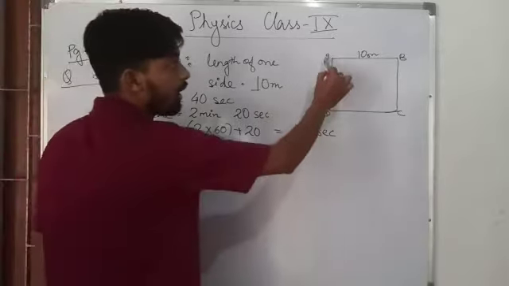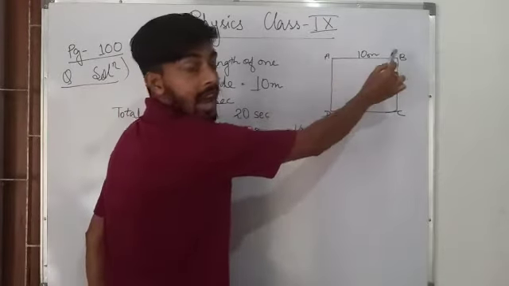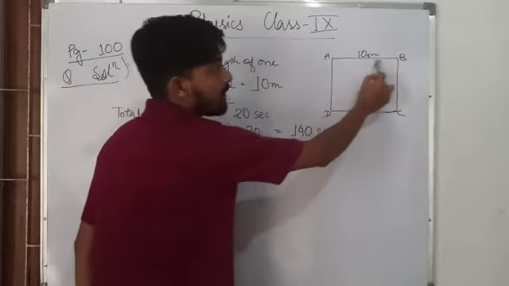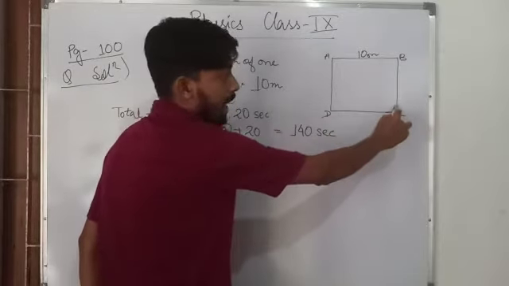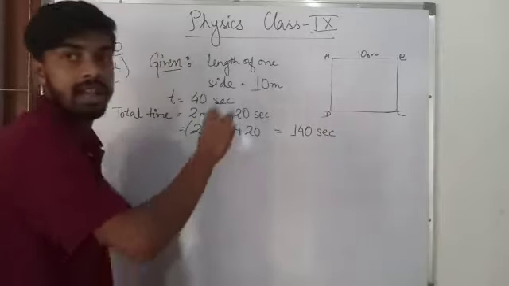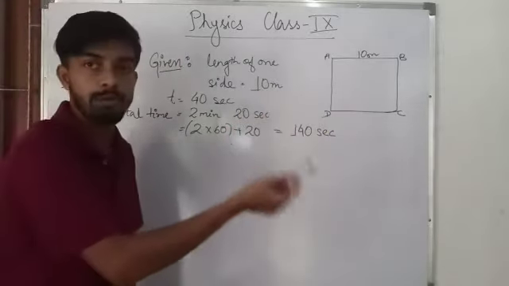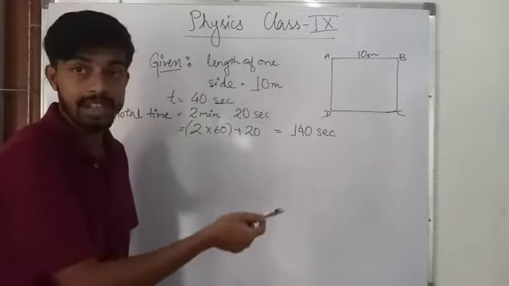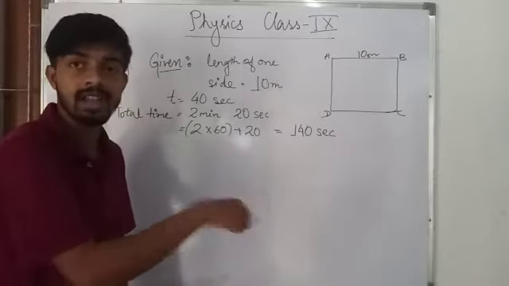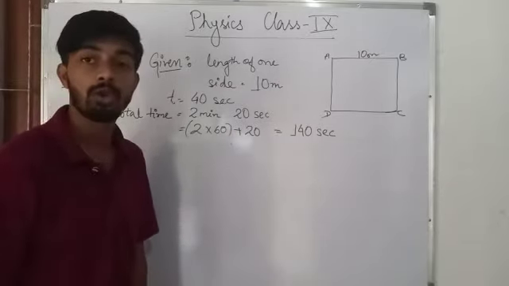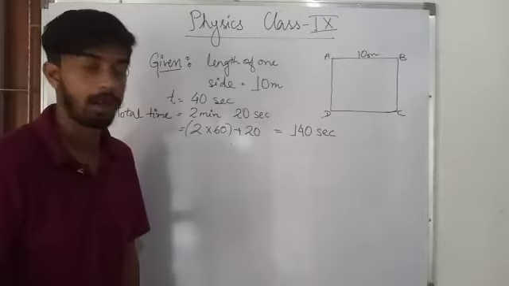Basically, to move from A to B, which means to move in one side, the farmer needs 40 seconds. So similarly, if this is 40 seconds, this will be another 40, this will be another 40, another 40. Like this it will move on. A to B 40, B to C again 40, C to D again 40 seconds, D to A again 40 seconds, and again it will repeat. So we need to find out how many total rounds the farmer will complete.